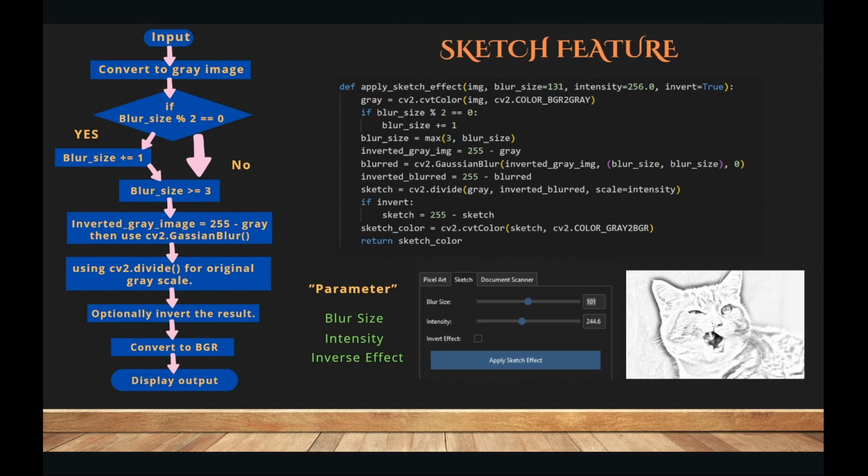Next, we apply Gaussian blur to the inverted image, which smooths out the transition between light and dark areas. Finally, we combine the original grayscale image with the blurred and inverted image to create a pencil sketch effect. Optionally, you can invert the result again to get a white sketch on a dark background, depending on your preference. The result is an image that looks like it has been drawn with a pencil, with a clear edge and soft